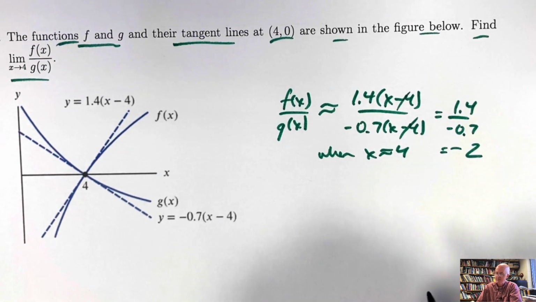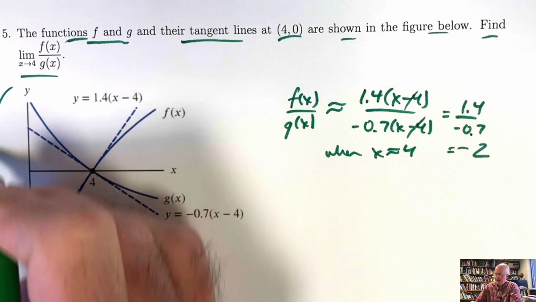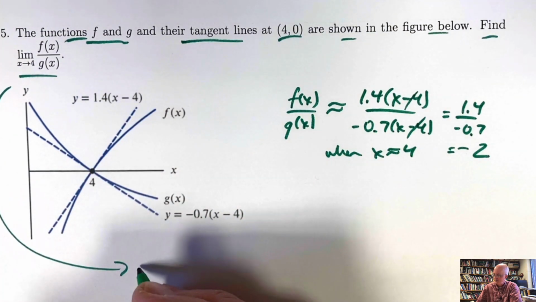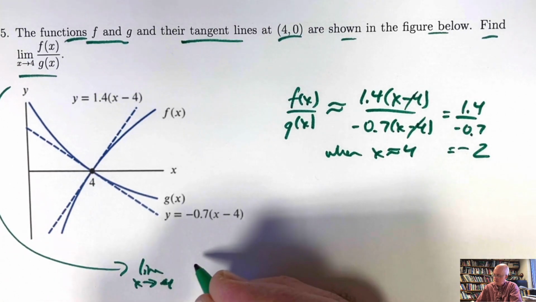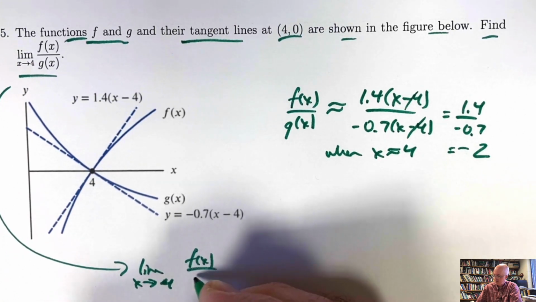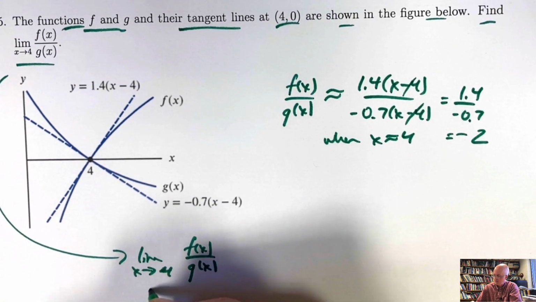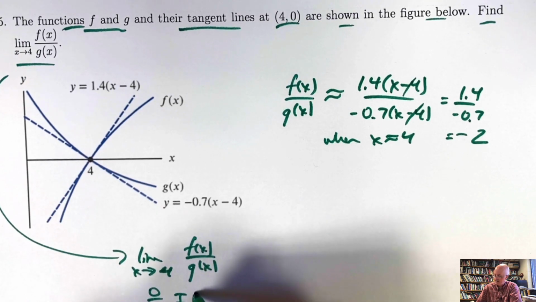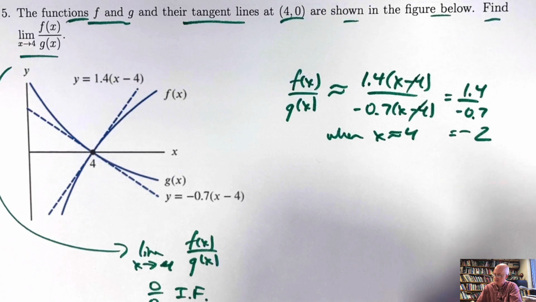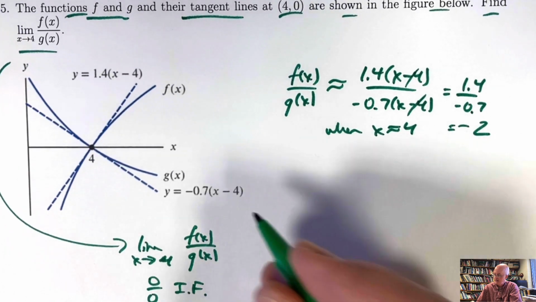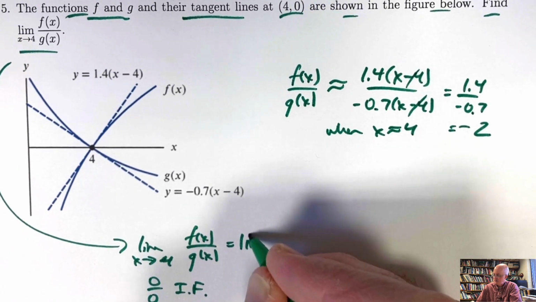That is the answer. But did we really apply L'Hopital's rule there? Not really. And even so, right now, well, okay, I will apply L'Hopital's rule here. This is a 0 over 0 indeterminate form because you can see graphically both the f function and the g function are approaching 0 as x approaches 4. But we also need to assume